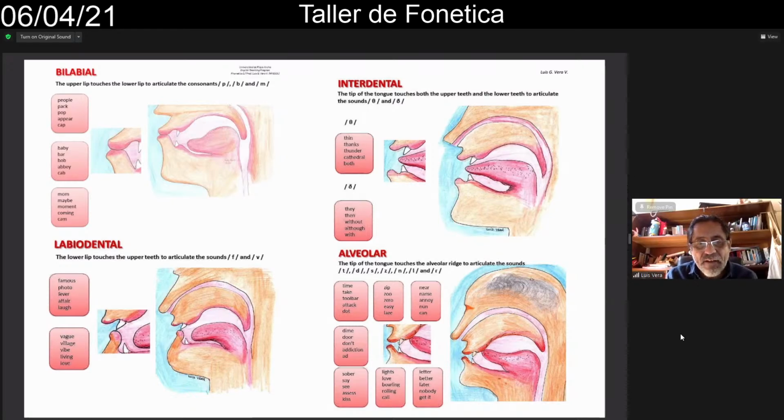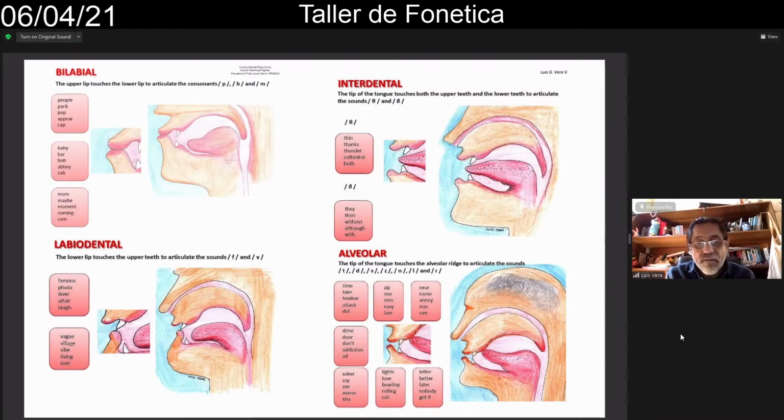Ahora vamos al d. Dime, door, don't, addiction, add. De nuevo. Dime, door, don't, addiction, add. And then we have like sober,